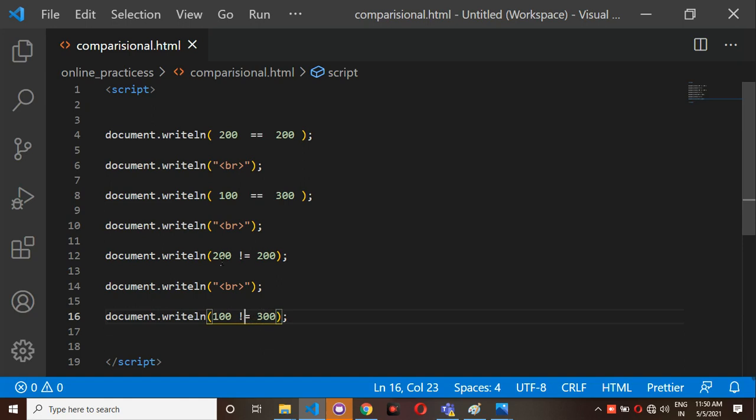So here we are having 200 is not equal to 200. So here you will definitely get false, because both values are the same. In this case you will get the Boolean condition as true, and in this case 100 is not equal to 300. So here you will get false as an output, and here also you will get